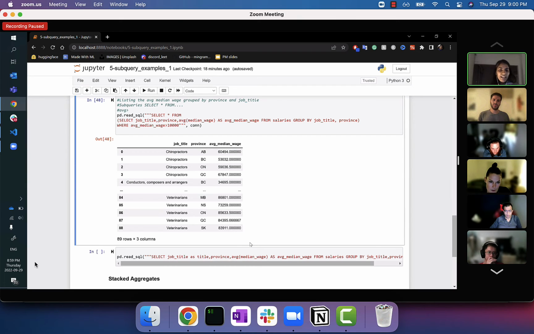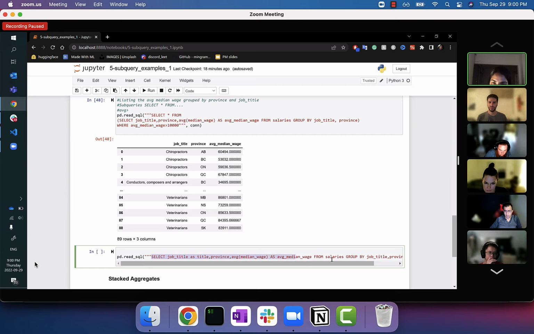So basically, if I want to find the maximum average median wage, I would have to use this. Let me give you an example. So we have the initial subquery right here. I haven't changed anything. We are just doing a select of job title and province and the average median wage. I'm using an alias here, and it's from the same table.